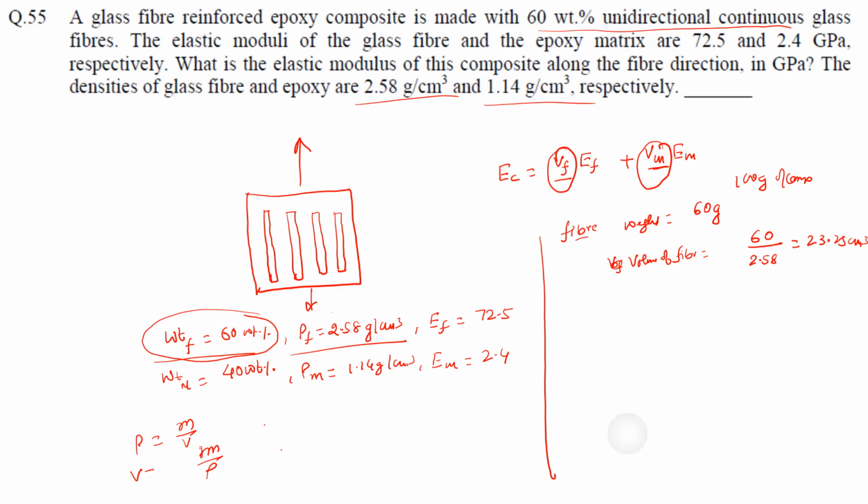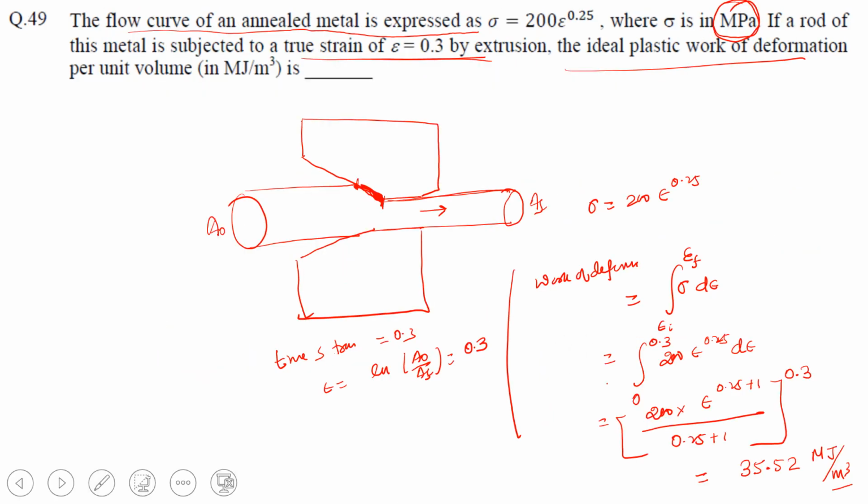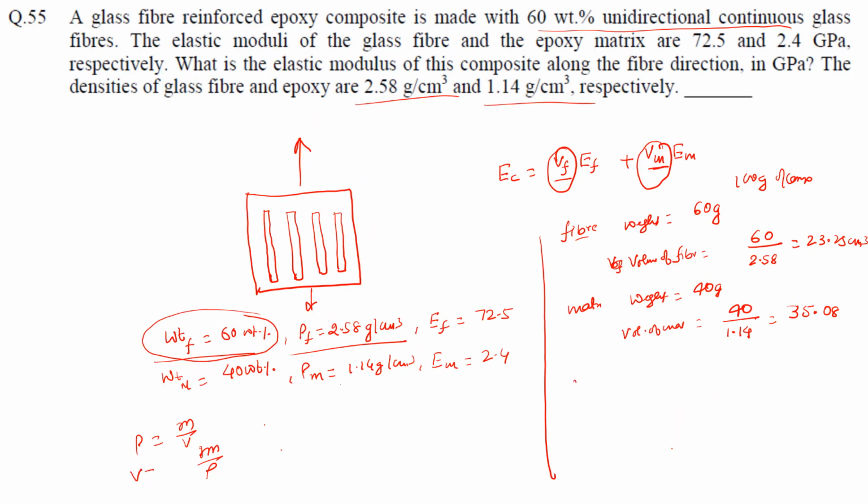Similarly, for matrix, weight is given as 40 gram. So volume of matrix will be 40 divided by density, which is 1.14. So we calculate 40 divided by 1.14, and it will be 35.08. Now if we want to calculate the volume fraction of fiber, that is Vf,